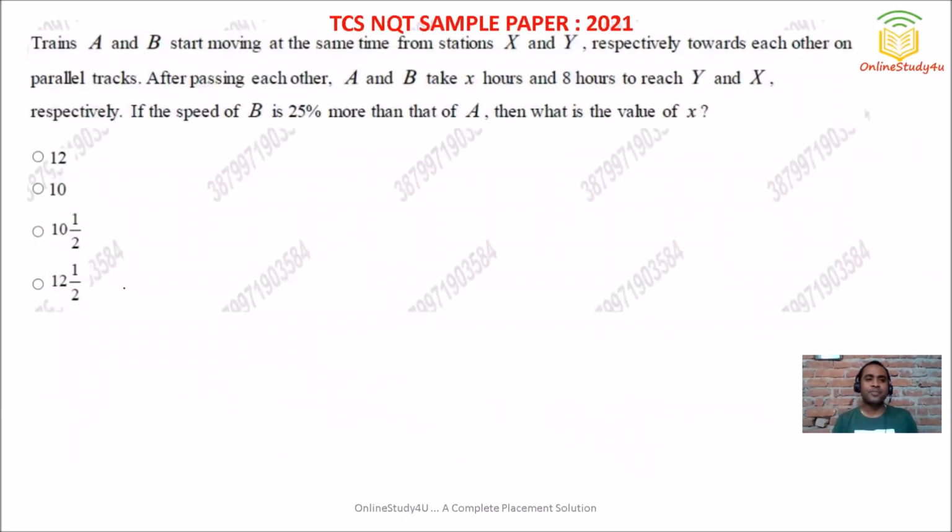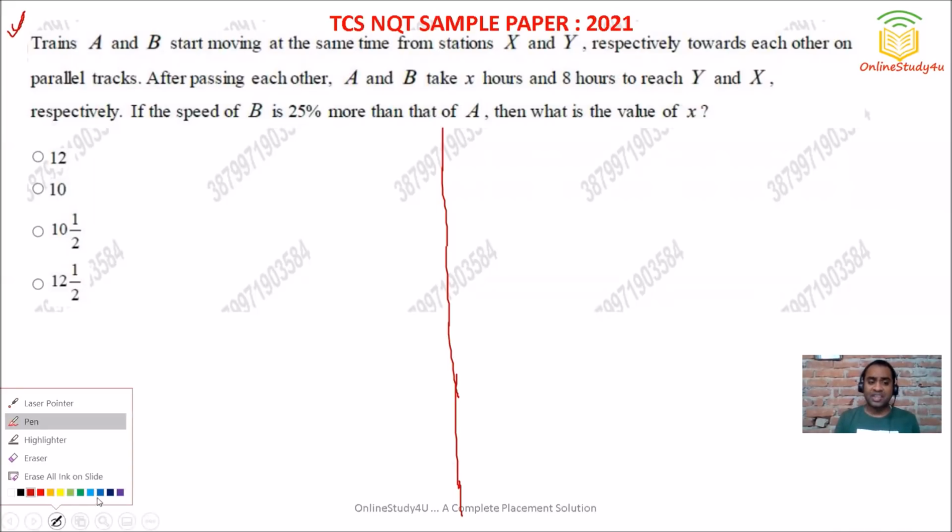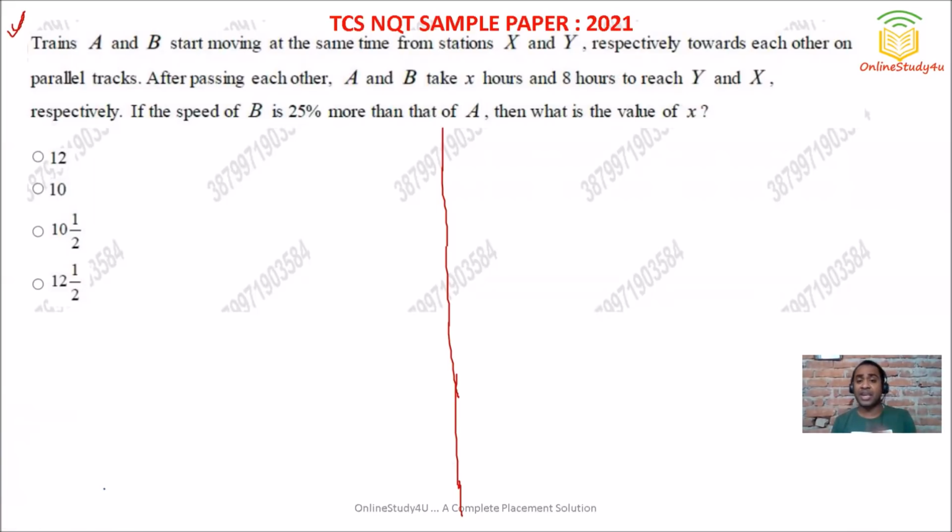Now friends, this particular question, a question on trains, is a very good question, and you can also say it is a little difficult or a little tricky. So you need to understand it very carefully, then only will you be able to solve it in the examination. I will suggest that if this kind of question comes in the exam, based on your experience, you can leave this question. But if a similar kind of question with different data comes and you are already aware, then you can easily solve it.